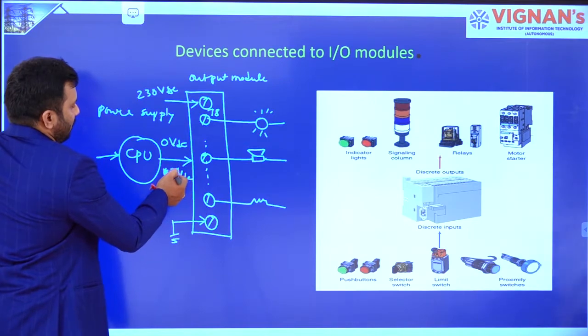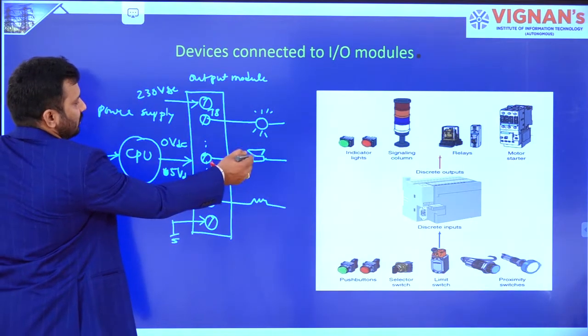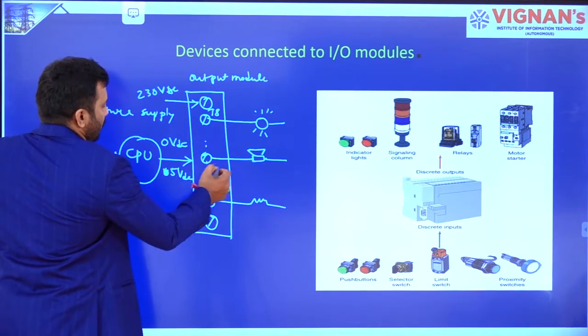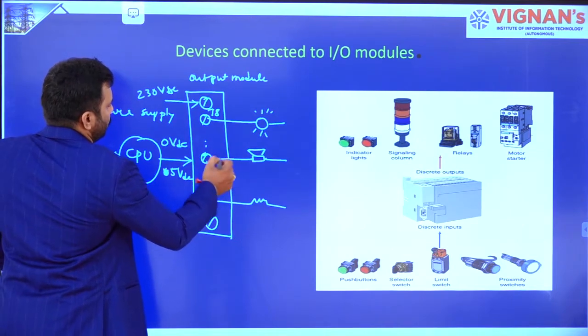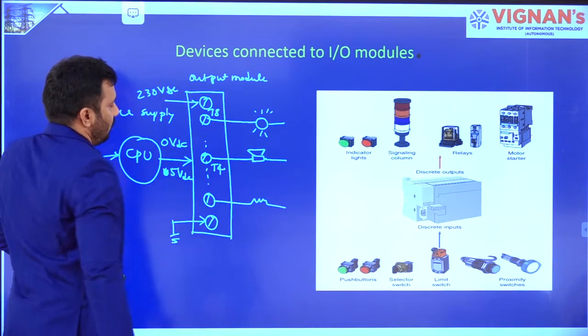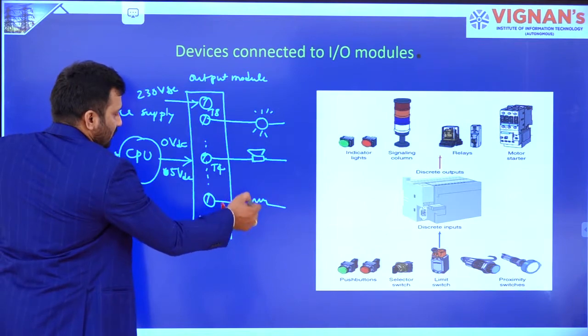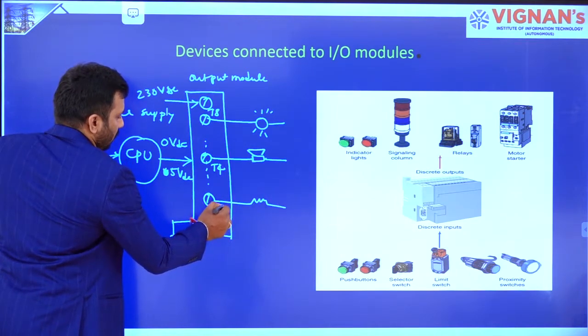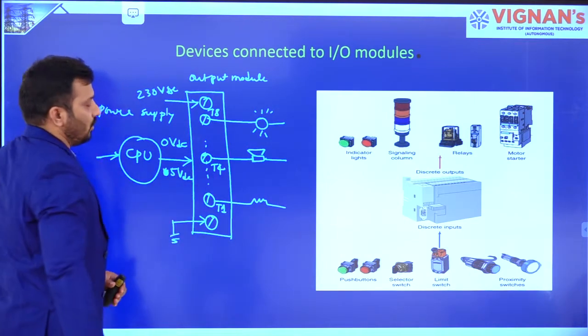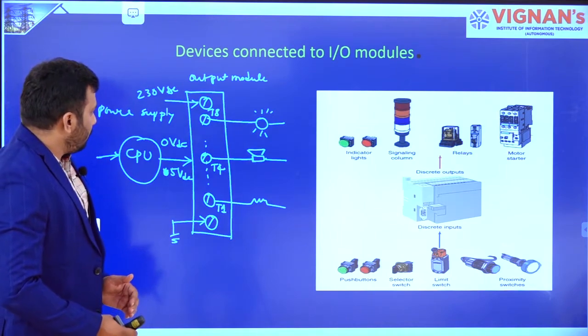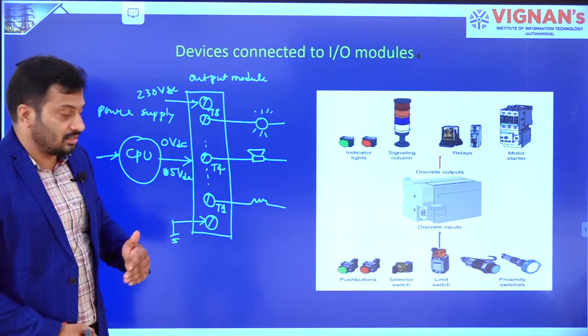If the CPU wants to turn this on, it is going to output 5 volts DC through the terminal, for example the 4th terminal. Like that, if this heater is to be turned on, it is going to output 5 volts DC. But we discussed in the previous class